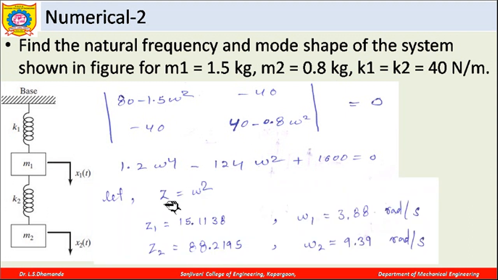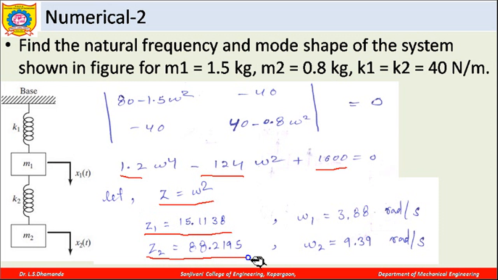So let us consider that z is equal to omega square, so it will be an equation in terms of z square, in the form ax square plus bx plus c. The a value will be 1.2, b value will be minus 124, and c value will be 1600. Then if I use the formula minus b plus minus root b square minus 4ac upon twice a to find the roots, I get the value of z1 as 15.1138